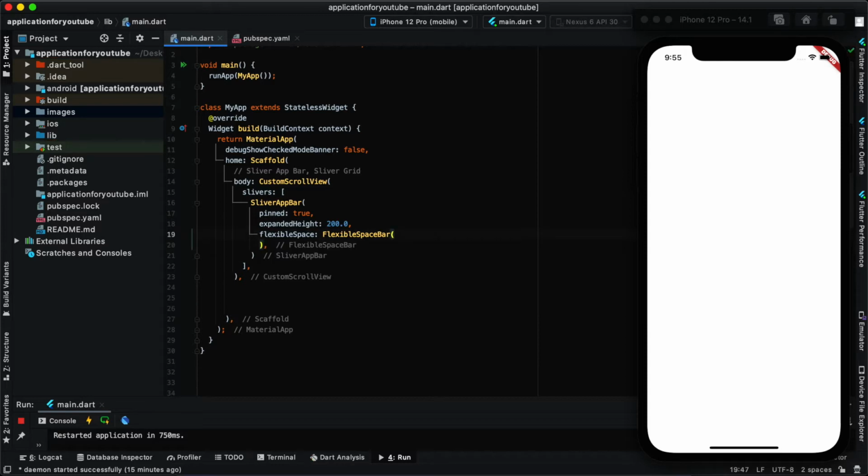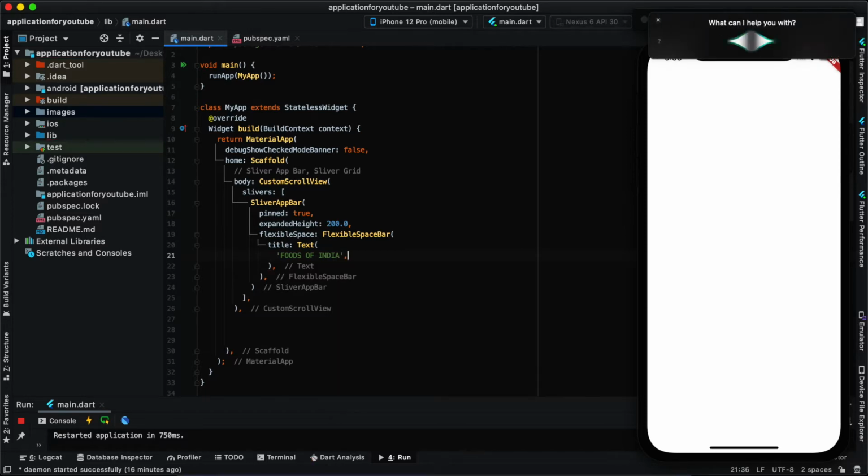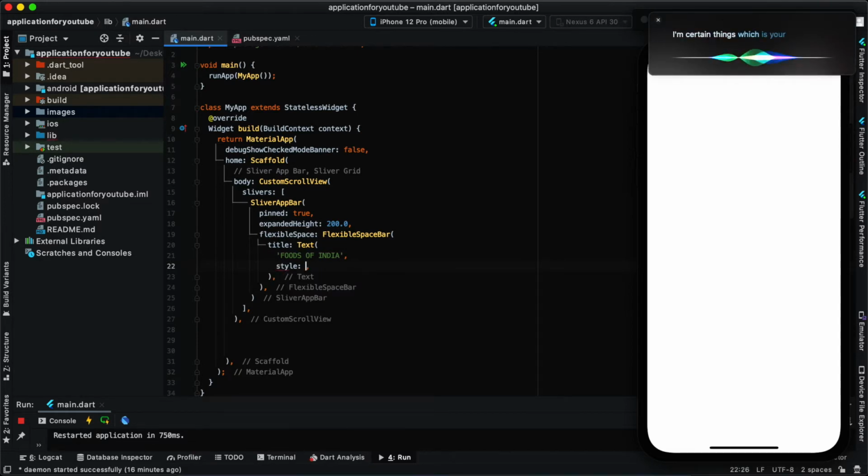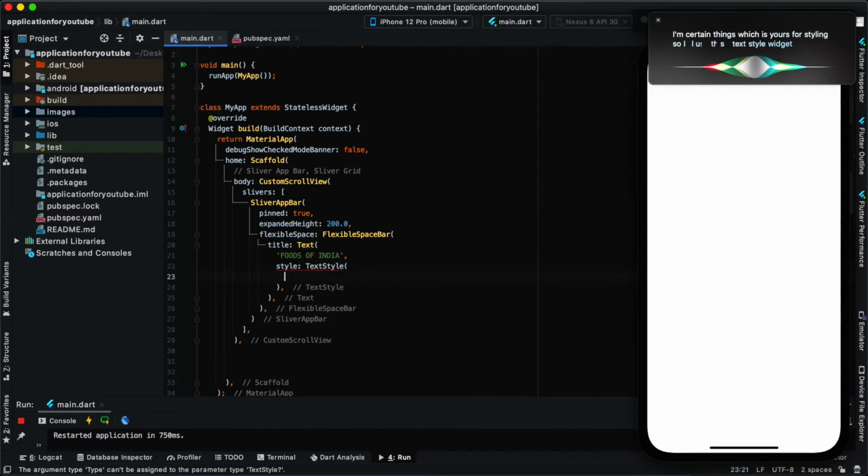We can provide an image, or we can give text over here, but I'll do both of the things. I'll provide the text also. This is my title, and the text would be Foods of India. Then we have certain things used for styling, so I'll use the TextStyle widget, and inside this I'll change the color of the font.